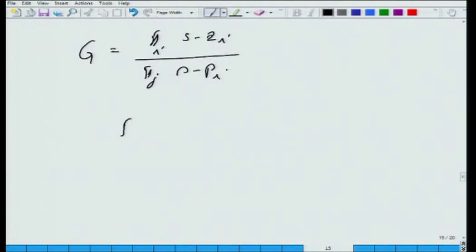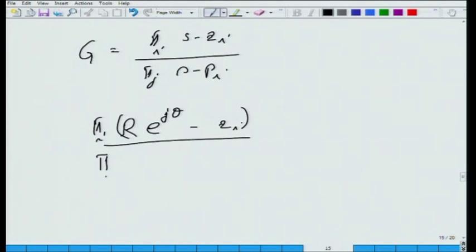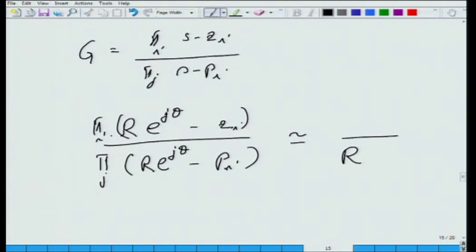if I substitute S equal to capital R e to the power j theta, G is equal to product of R e to the power j theta minus Zi divided by product over j of capital R into e to the power j theta minus Pi. Please note that Z and P are much smaller than capital R. So, this will essentially boil down to the Z being negligible compared to this guy and the P being negligible compared to that guy. So, when you take the limit R tending to infinity, what you will essentially end up with is R to the power, let us say i going from 1 to m and j going from 1 to n, n has to be greater than m because of causality, and therefore, the limit will turn out to be 1 over R to the power n minus m, n is greater than m, and therefore,